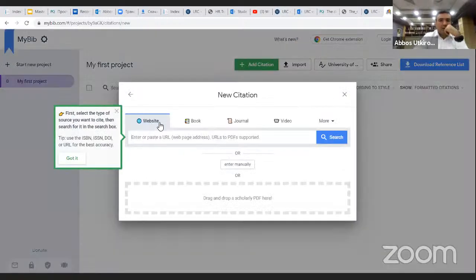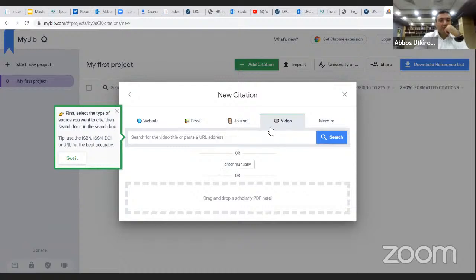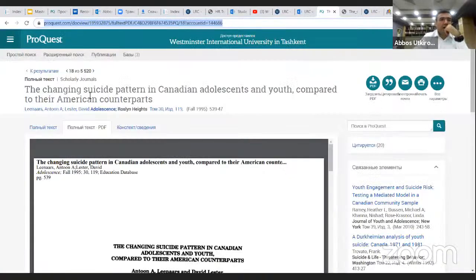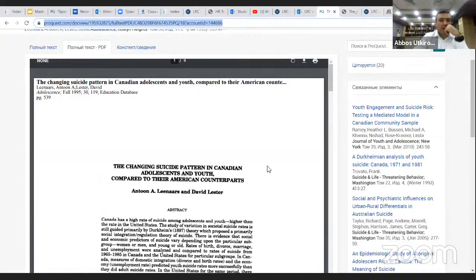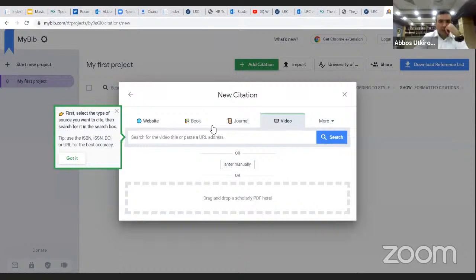It's asking me, is it a website or book or journal or video, or they have other options, as you can see. Mainly we need video, website, and journal articles. You may also need book. For example, in here you can say that this is a journal article, but we can also make it a website. I can provide the link of it, or I can download it and provide the link. So let me choose it as a